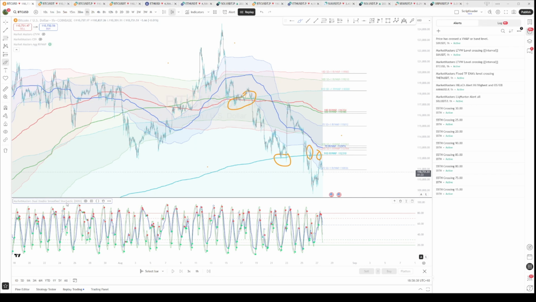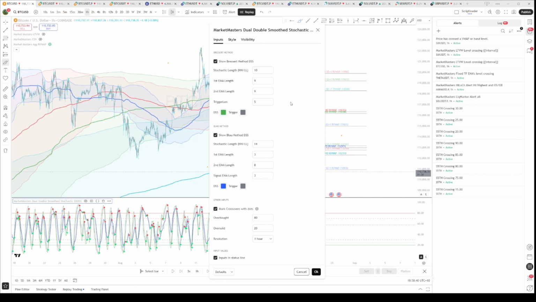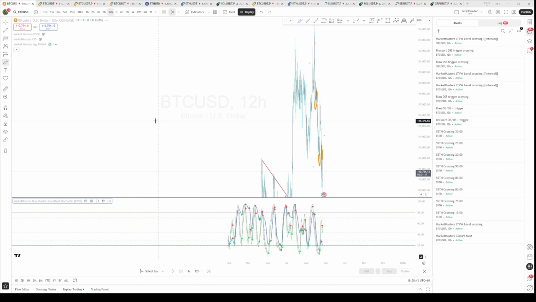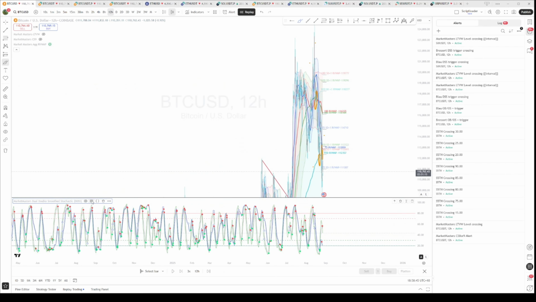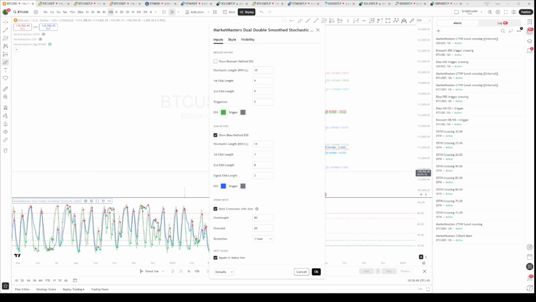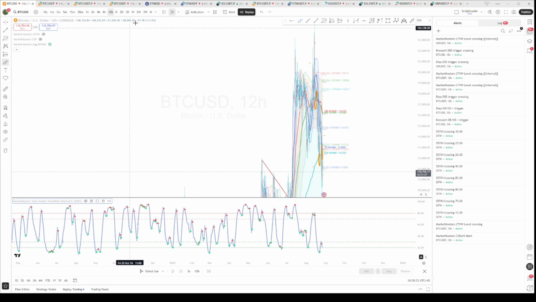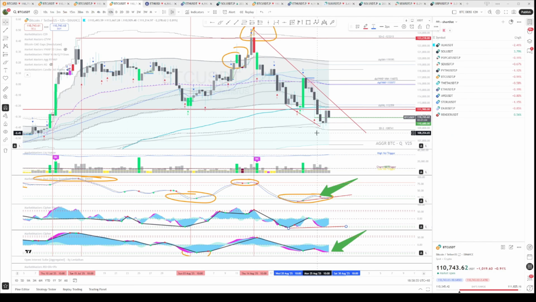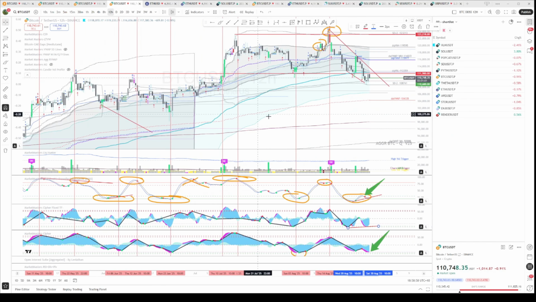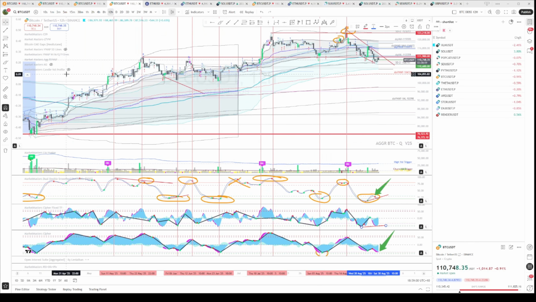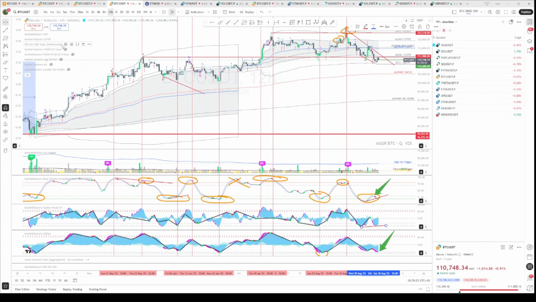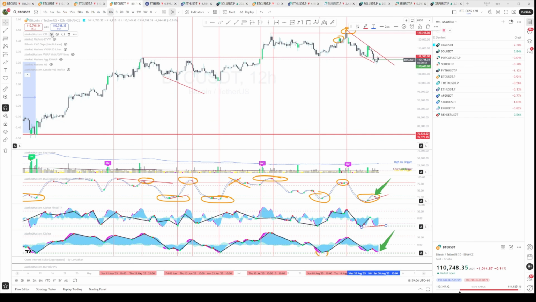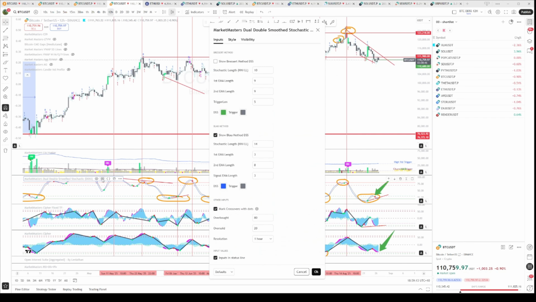Actually, I should have spoken about the double smooth stochastic, because 12-hour double smooth stochastic is my favorite at the moment for sort of high time frame biasing. So yeah, I'll flick over to my main chart here, so you can see this one's marked out quite well. Oh, it's a bit on the messy side, but you know how it is. And if I get rid of a few of these other things, so 12-hour chart, double smooth stochastic, the Blau method